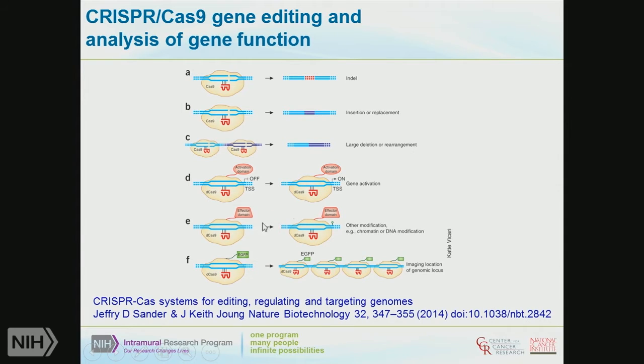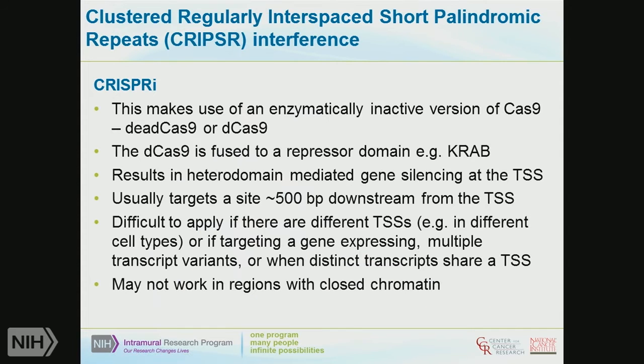So just for completeness, because we've been talking about RNAi and also TALENs, I wanted to do one more slide on CRISPR-I. I should stress that there are a lot of reagents out there. There's a lot of buzz about this. It's still going to be a bit of a work in progress to make this really effective and be able to be used quickly in the lab, I think. So this makes use of an enzymatically inactive version of Cas9 known as dCas9. There are lots of versions of this available. And in the case of CRISPR-I, it's fused to a repressor domain, usually the KRAB domain, in the same way as it's used for TALENs.